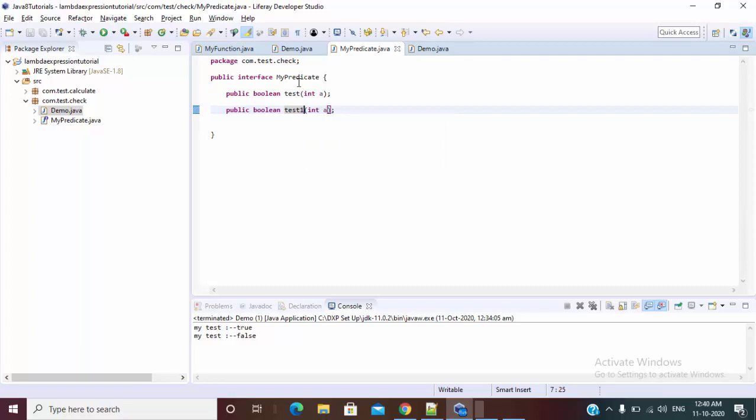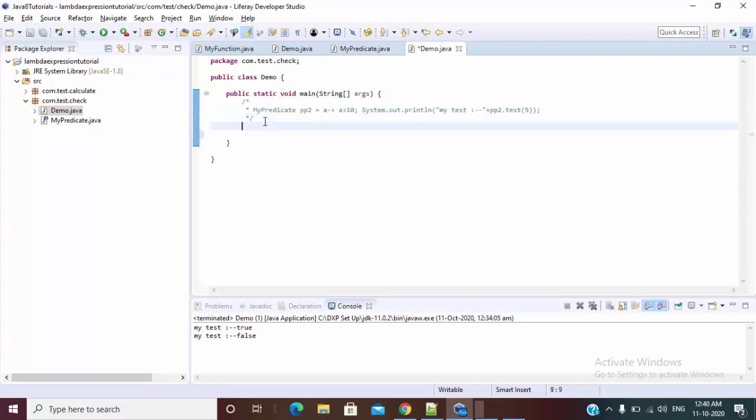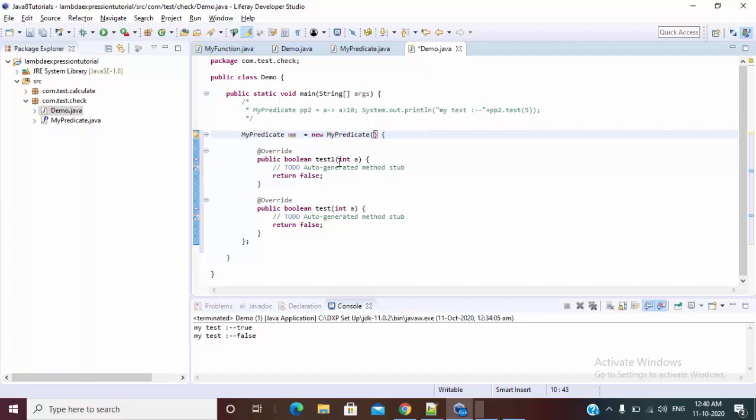Now we have the interface which contains 2 methods, and by using an anonymous inner class we try to implement this. As you can see, we can provide the implementation of 2 methods by using an anonymous inner class. But for lambda, the requirement is that our interface is a functional interface, meaning only a single abstract method.